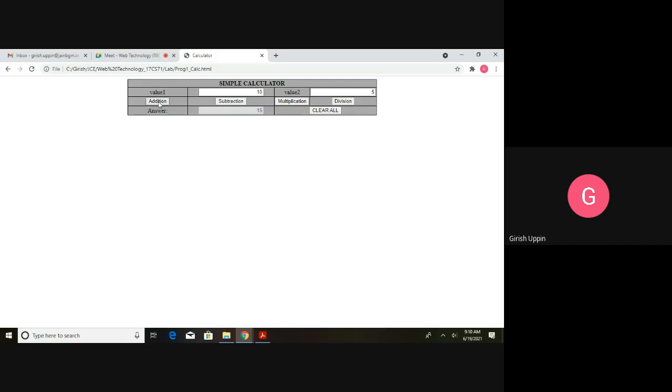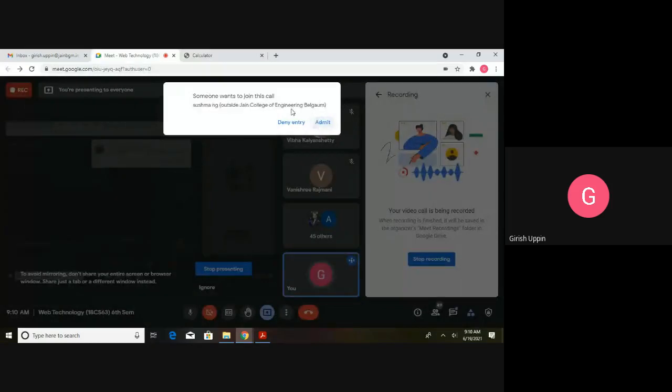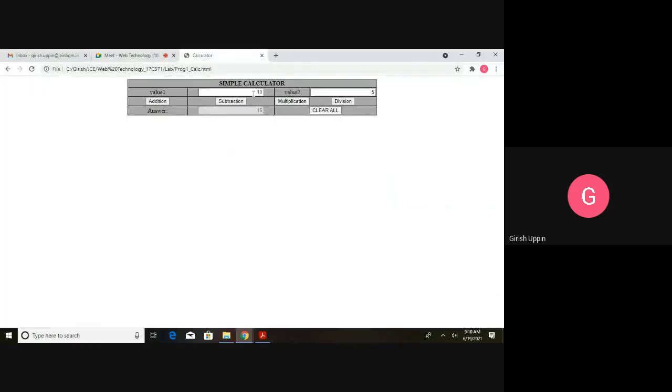When I am clicking on the addition, we are using the onclick event. And when the onclick event is clicked, I'm calling some function. To that function I am passing this value, and it is adding, and it is repainting this particular element as 15. Similarly, subtraction, when I click on the subtraction, 10 minus 5, 5. So again, on click event, I am passing this value, and I am indicating this click is coming from the subtraction. So this click should be different from this click. If I am calling the same function, maybe I will pass some kind of an ID. Based on the ID, I will know whether I have to do the addition or subtraction.